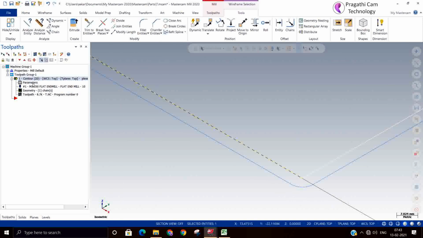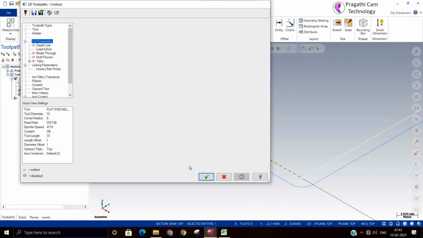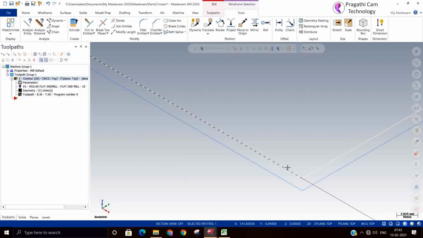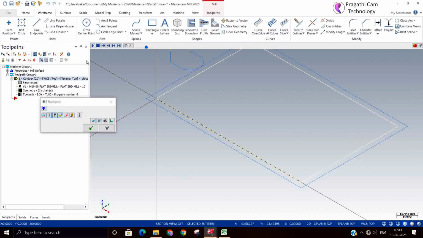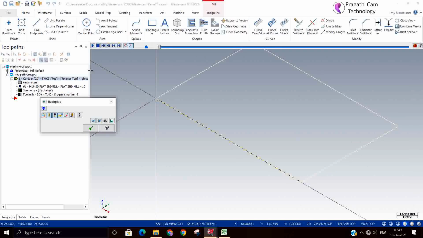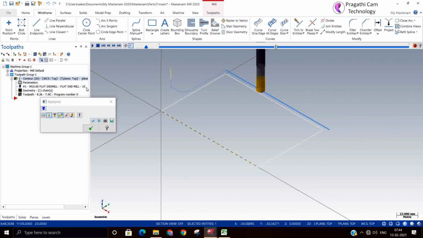Okay. Now I kept none and regenerate. Now the tool has to move in x. So now it's moving in x. So what happened here?